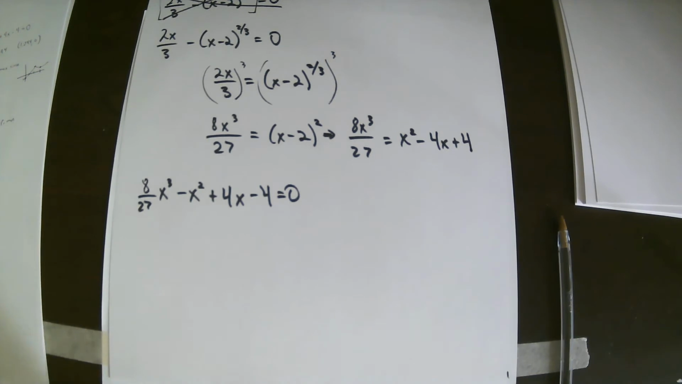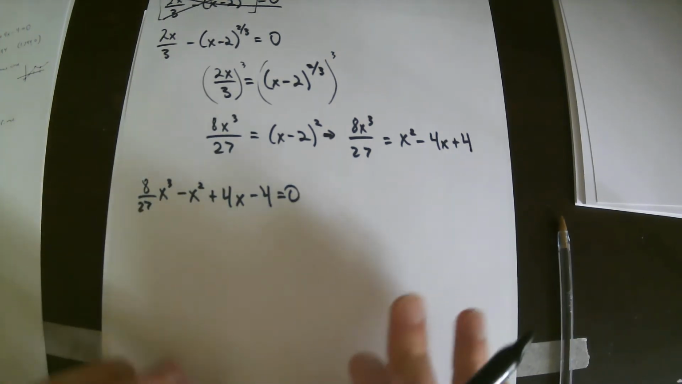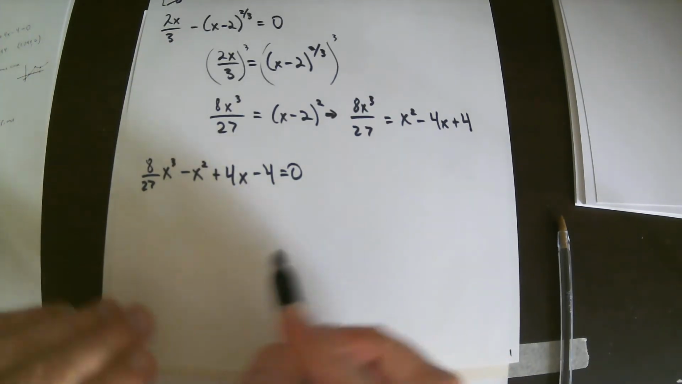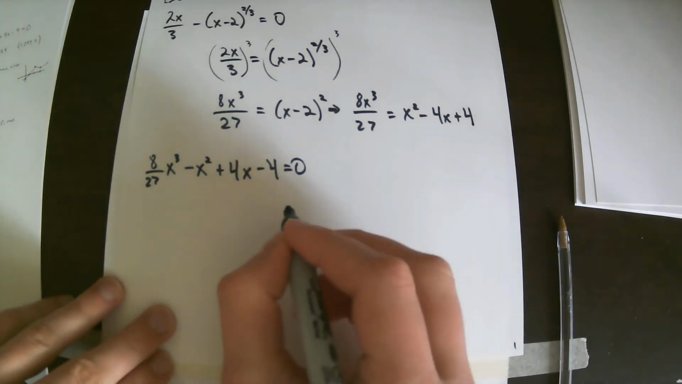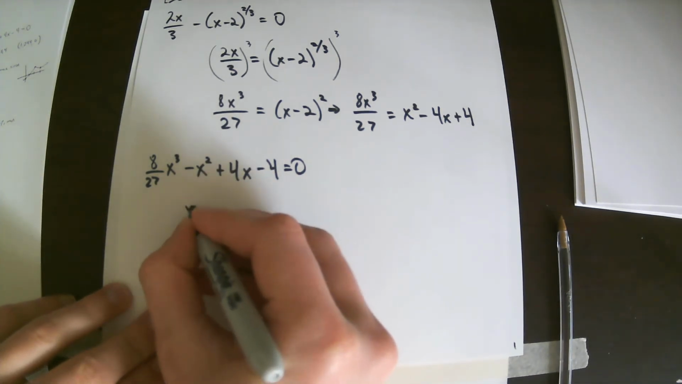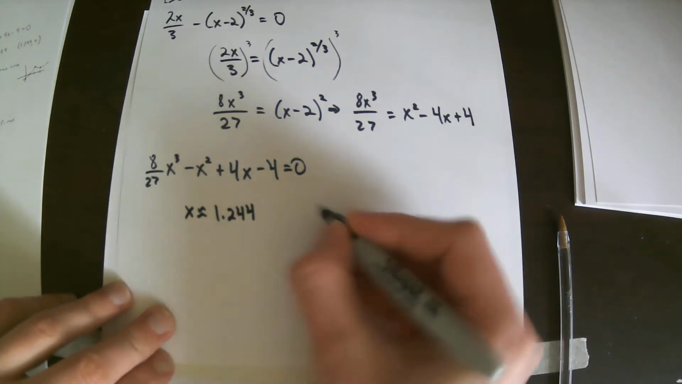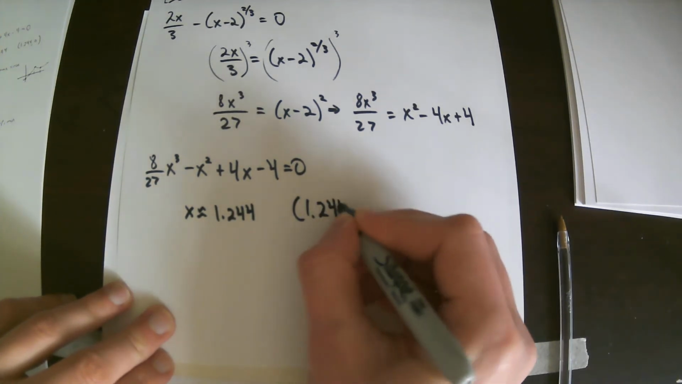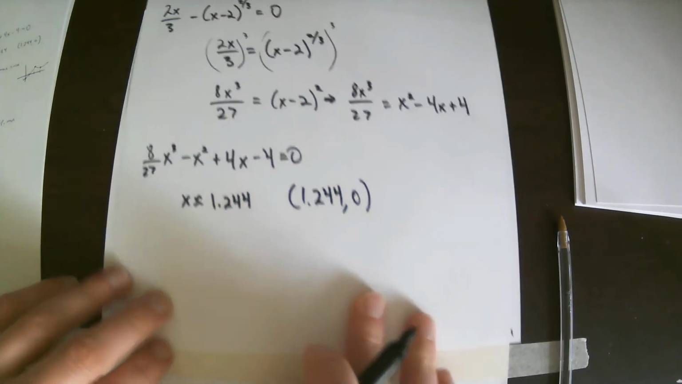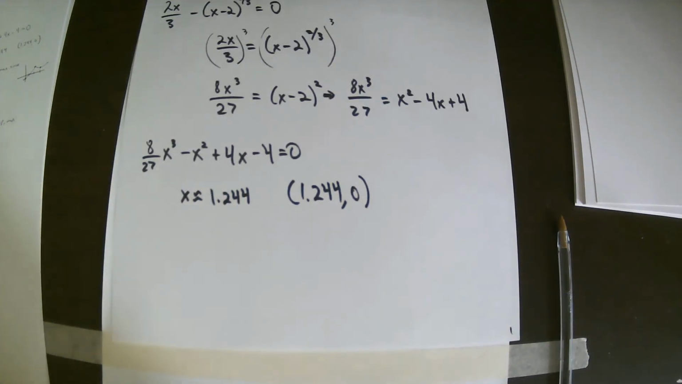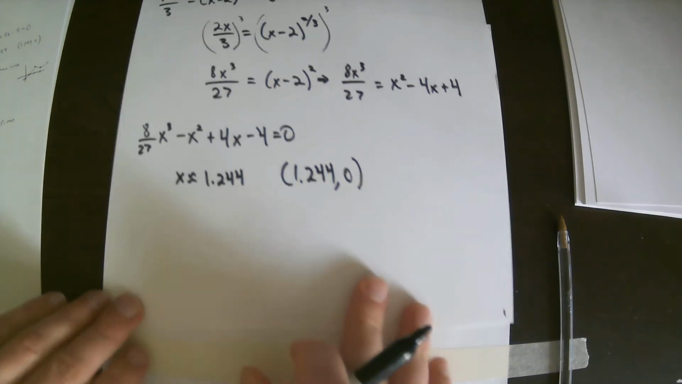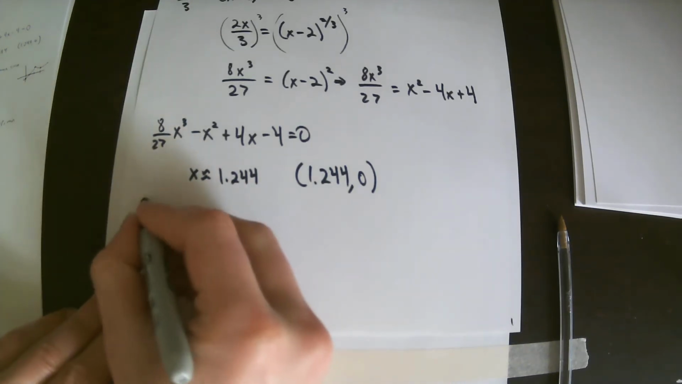So we're going to cheat a little bit. I think the book cheated a little bit to do this too. And we're going to use technology to help us solve for the x-intercepts of this thing. And we're actually going to find that there's only one, and it's approximately 1.244. So we're getting an x-intercept at (1.244, 0). Alright, and the y-intercept,